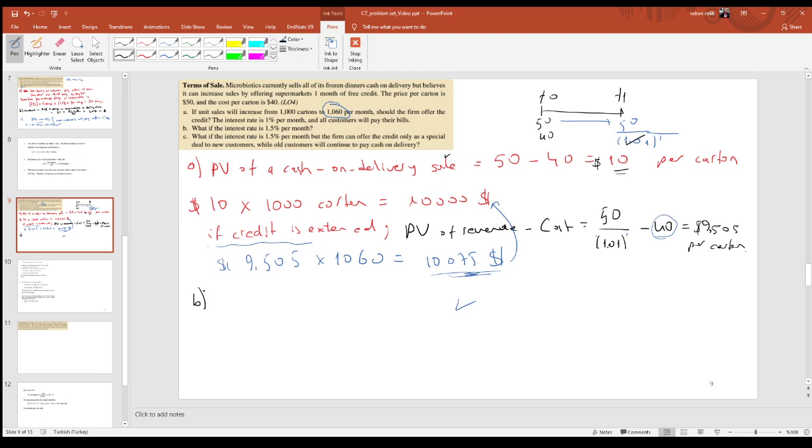what we need to do here now. Similarly, what we did here, instead of 1%, we need to use 1.5%. This remains the same. So I need to replicate this equation. So $50 will be discounted by 1.015 minus 40. This will give me